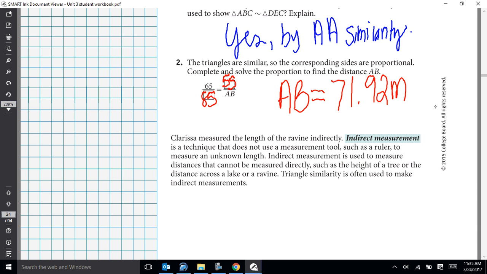Indirect measurement is used for things that cannot be measured directly, such as the height of a tree or the distance across a lake, and triangle similarity is often used to make it. So then if you were going to survey, indirect measurement, so what this does is